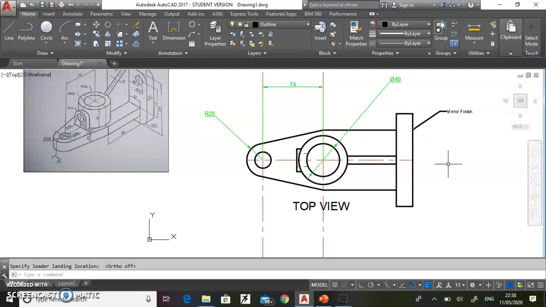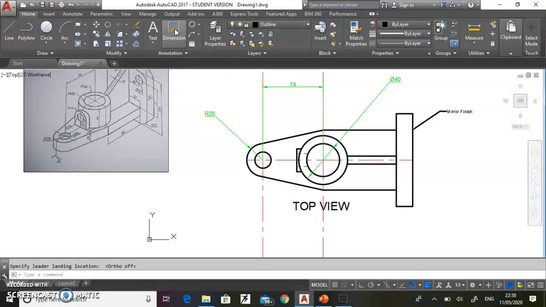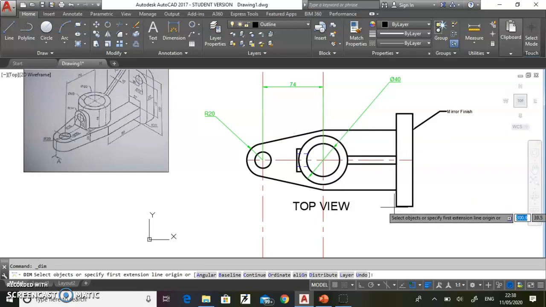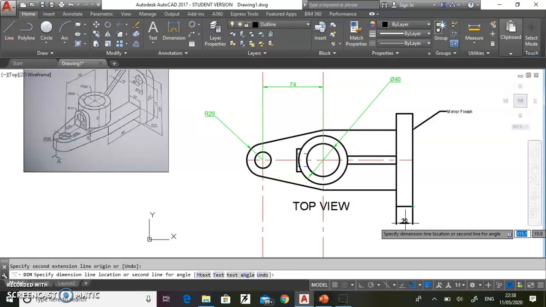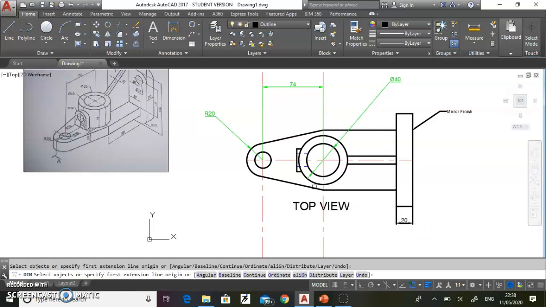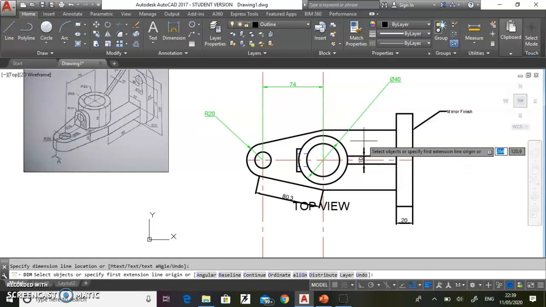So we have understood how to give the dimensions. Let us see how to give the dimension automatically. If I click on dimensions, it will automatically understand that this is the linear one, this is the aligned type of dimension, and this and this is here.